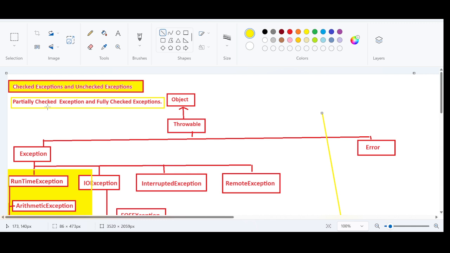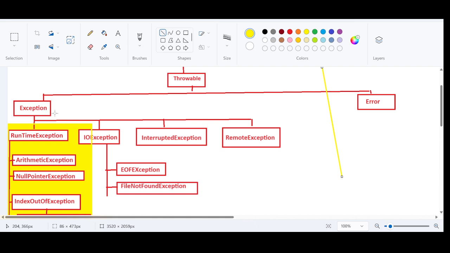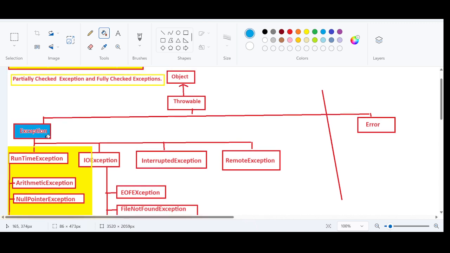Right? And if we are specifically asked which are the partially checked exceptions and which are the fully checked exceptions, if the question is drafted like this, if you take the exception class, just imagine, for example, let us consider this exception class. You take this exception class, right? You cannot say that the exception class is the fully checked exception class. What does it mean exactly? For example, let us say that